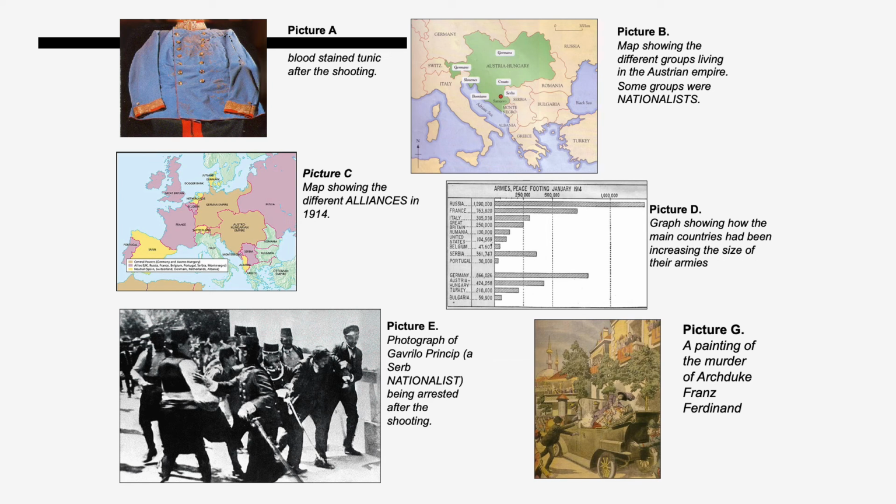Now, this example is again using their contextual knowledge to compare to an interpretation. And I don't know about you, but I can't remember who used this phrase, but someone once said to me that the whole purpose of school history is to make pupils crap detectors, to be critical, to spot things they don't trust. And I think that this is a good example of this.